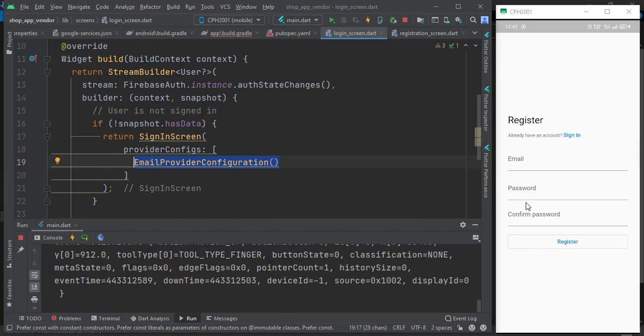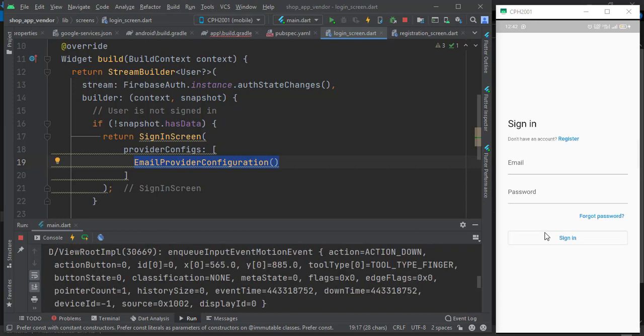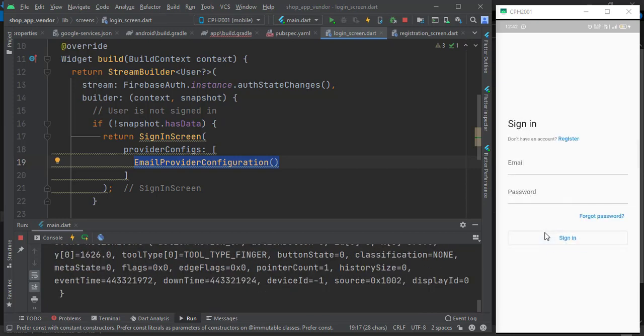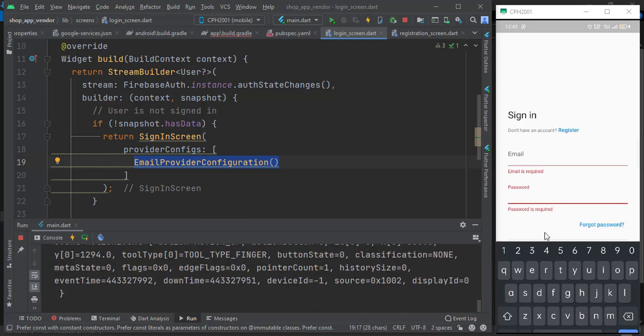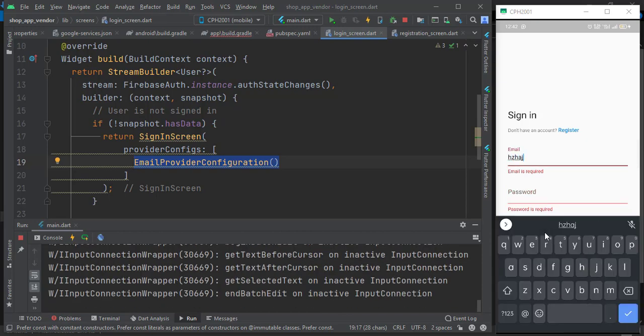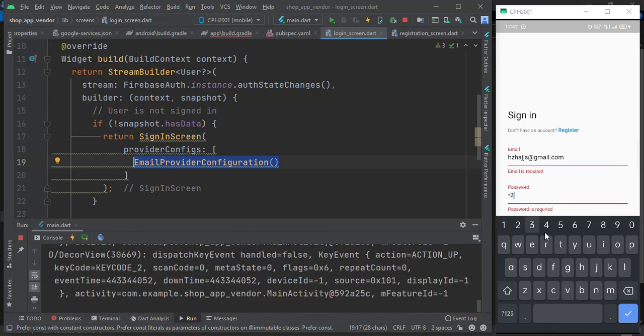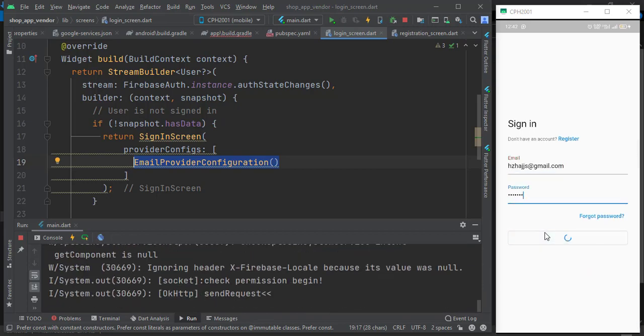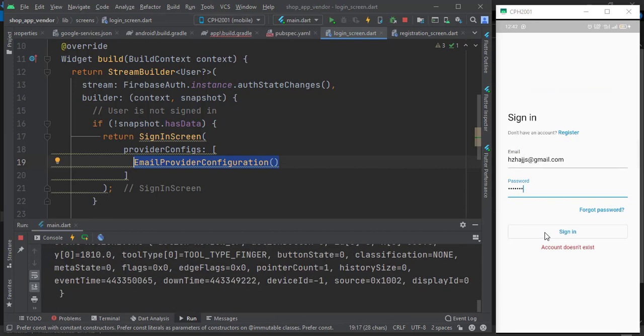So if you press register, it will go to registration, because if you use an email and password login, you need to register first. Then you can see forget password is also here, and if you press sign in now, it will ask to enter username and password. Let's see whether it's asking for register or not. When you sign in, the account does not exist because you need to register first. Okay, we will register. Before that, we will add one more,